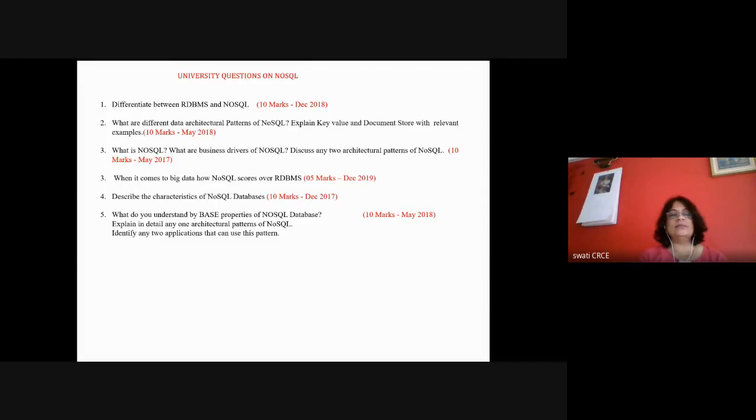Okay, so we are on the third chapter of your syllabus, where we are studying NoSQL databases. The first category of NoSQL databases, or the first architectural pattern for NoSQL databases, is the key-value store, which is the simplest NoSQL database, and it is very fast. The main thing you should remember about the key-value store is that it is very fast and gives high performance. That's why Amazon came up with this key-value store, to provide high performance for their work.